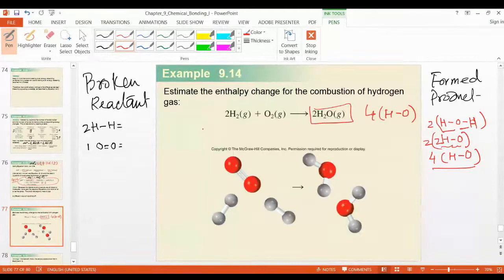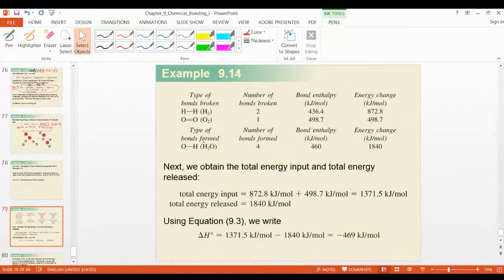All right, so now I will write here H plus oxygen, you will get 4HO, right? So you know that HH value, how much we have. Look at here, we already have an example here. HH, how many bonds? 2. So now we have written 2 here, right? And oxygen, 1, right? So we have just 1 bond. And now this is the value of HH. This is the value of bond energy of oxygen, right?